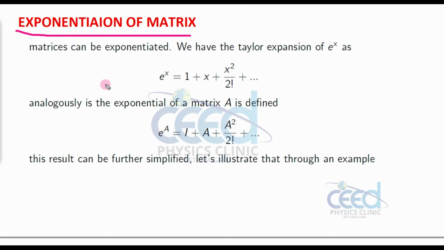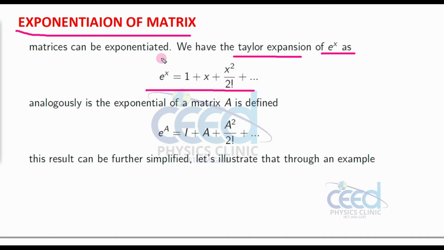Today we are going to start another session of matrix algebra, that is exponentiation of a matrix. We know the expansion series of e raised to x. You can write e raised to x is equal to 1 plus x square by 2 factorial plus x cube by 3 factorial plus x raised to 4 by 4 factorial plus etc. This you will get from the Taylor series expansion. How we can form a Taylor series of a particular function, we will discuss in complex analysis.